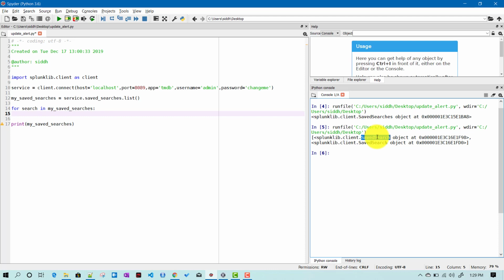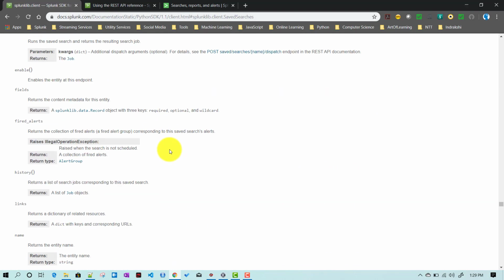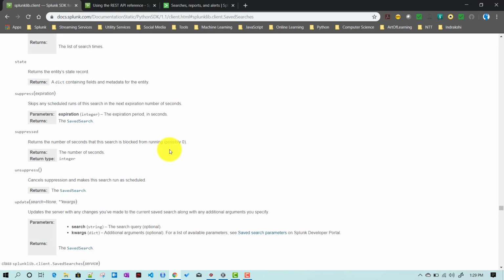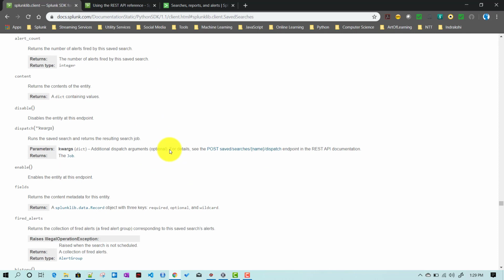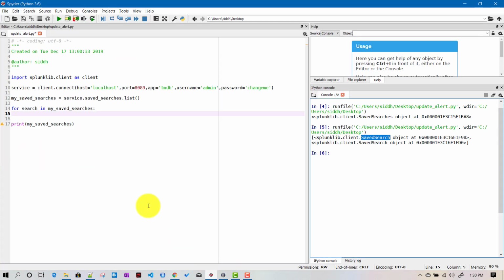Okay, so now one of these methods is called search name. If I go down in the saved search, yeah, this is the one that returns the entity name over here, right? So if I move this print inside this for loop, and say search.name, let us see what it is doing. If I just run it now,